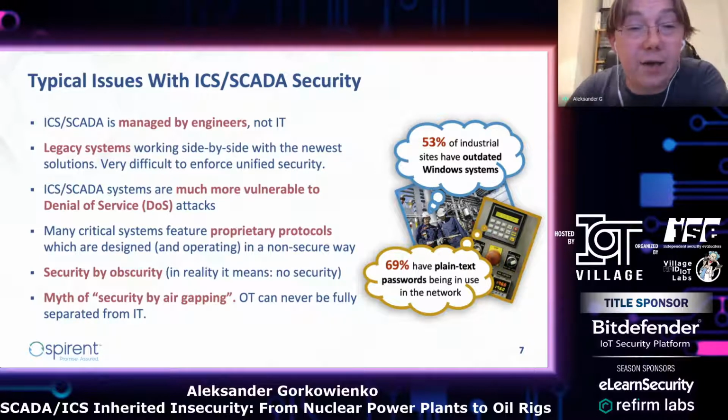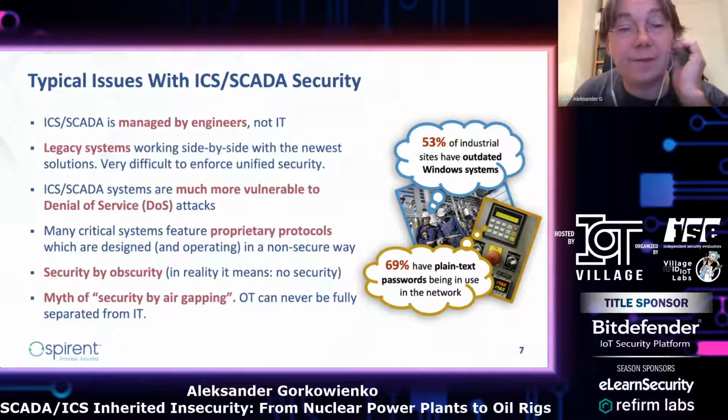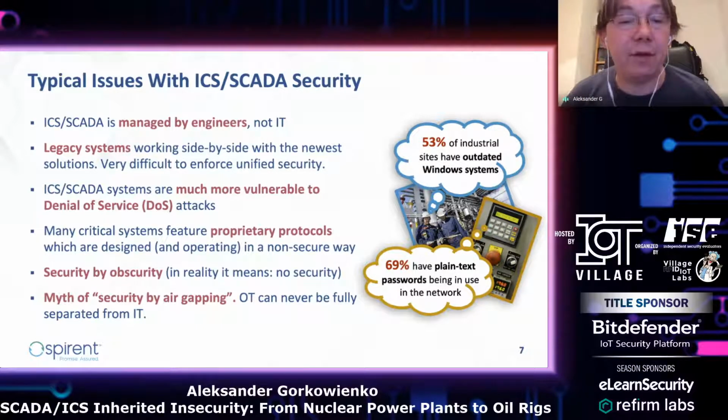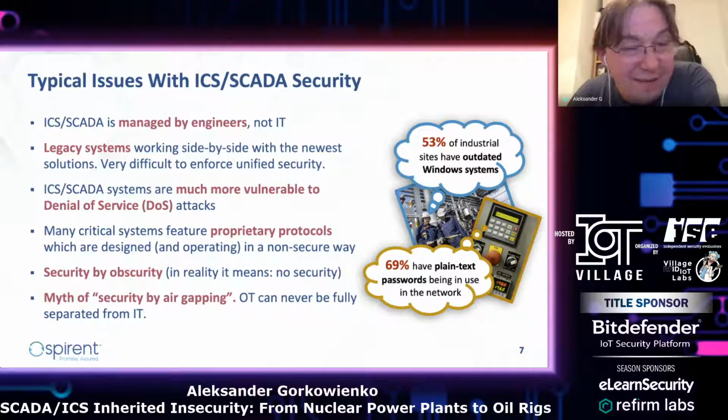Legacy systems quite often work side by side with the newest solutions, and that's why we have a typical problem with enforcing unified security. If we have a system, we have no choice but to make it work together, so quite often the only solution is to lower the security level of the newest solution to make it compliant with what we already have. SCADA systems are much more vulnerable to denial of service, to such an extent that you can't even run an Nmap scan against a live system. So forget live testing of ICS SCADA environments. You have to know those systems really well to be able to